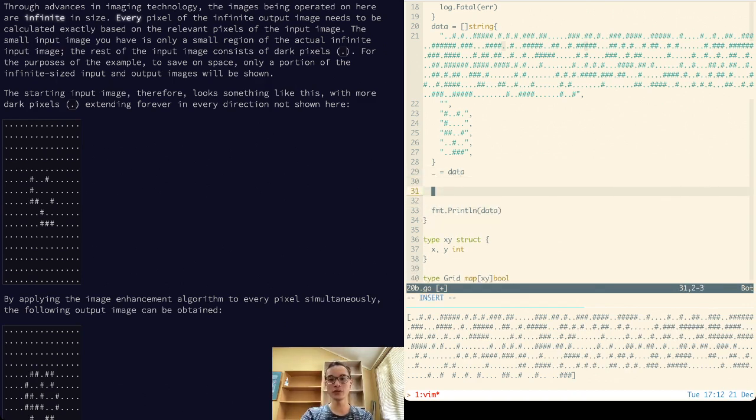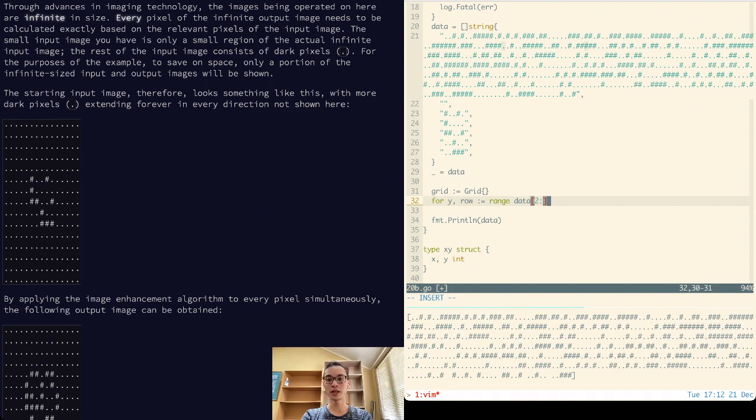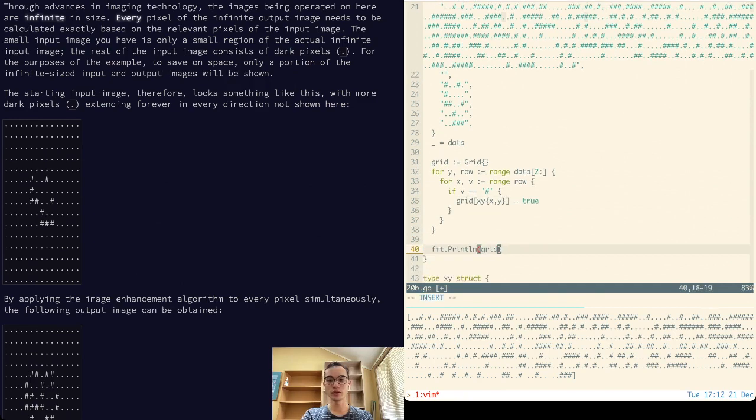So it's very straightforward to add something into this particular structure. We're just going to say for every row, starting from the second line in my data, and then for every character or value in the row, if the value is a hash, then grid, and then the struct xy equals true. Then if we print out the grid,